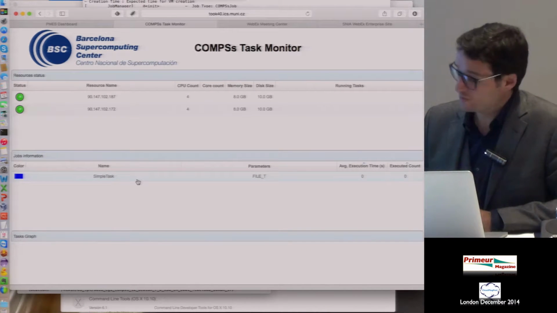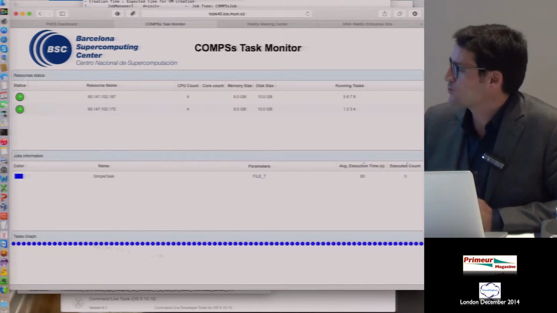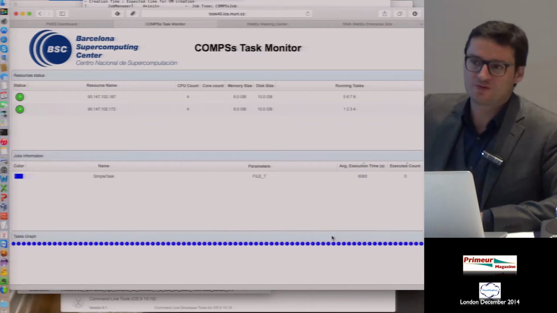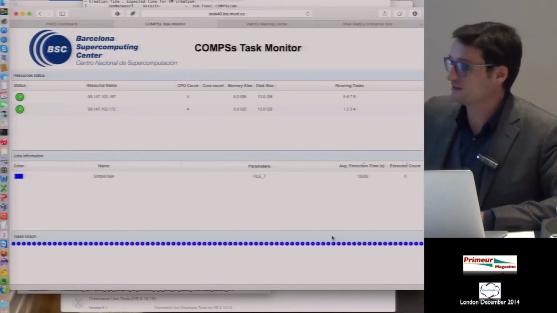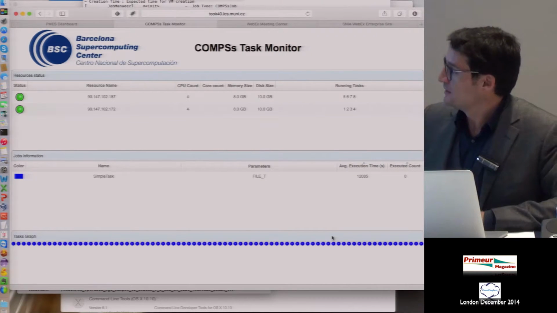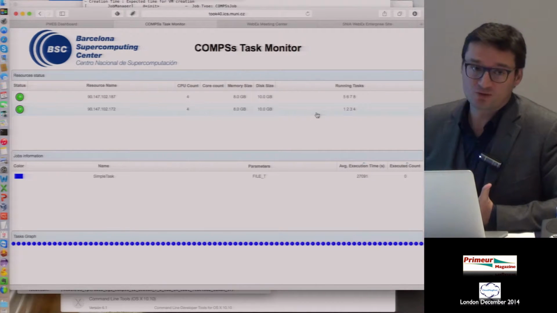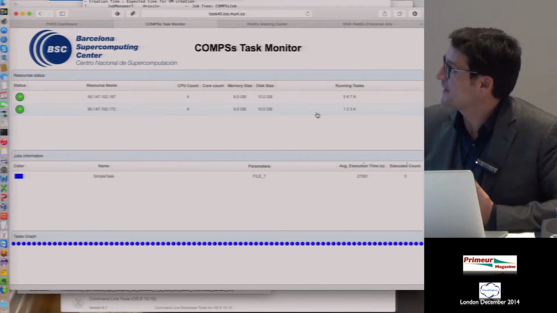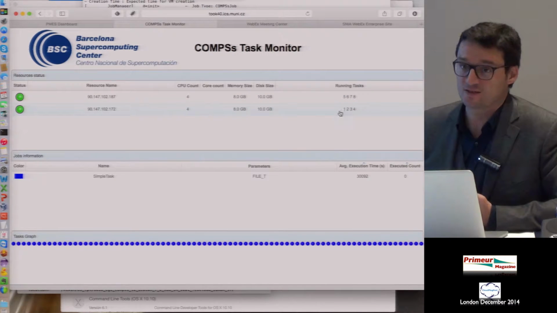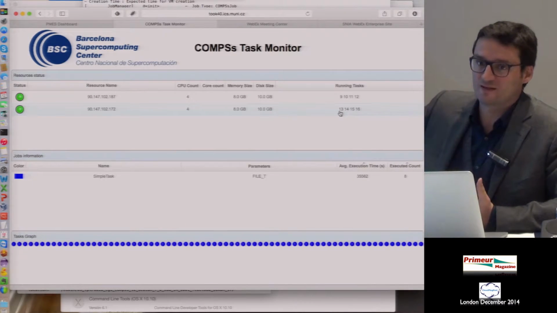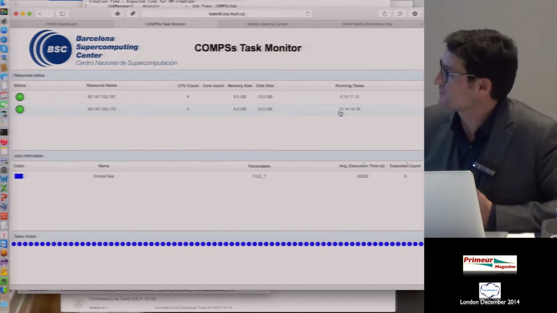So this is the actual load detected by COMPS. This is, as I said, an execution graph which is very simple. We have 80 tasks that are going to be executed in parallel as long as the machines are available. So here you can see that the tasks started to be executed on the nodes. We have 8 cores for each virtual machine, so we have 8 parallel tasks executed. As soon as the third virtual machine is available, we will see that we'll have 12 parallel tasks executed in a few seconds.